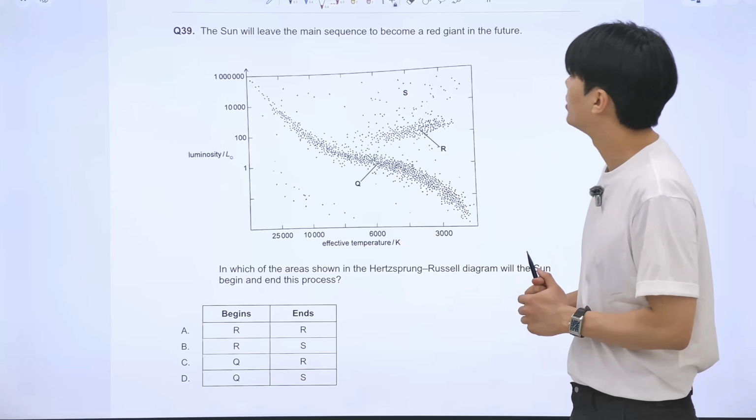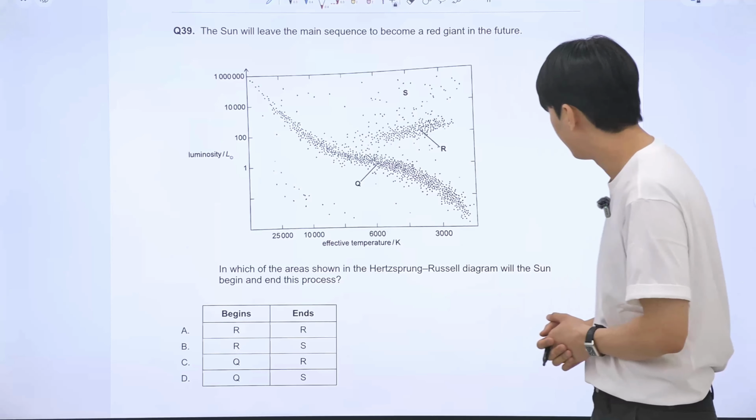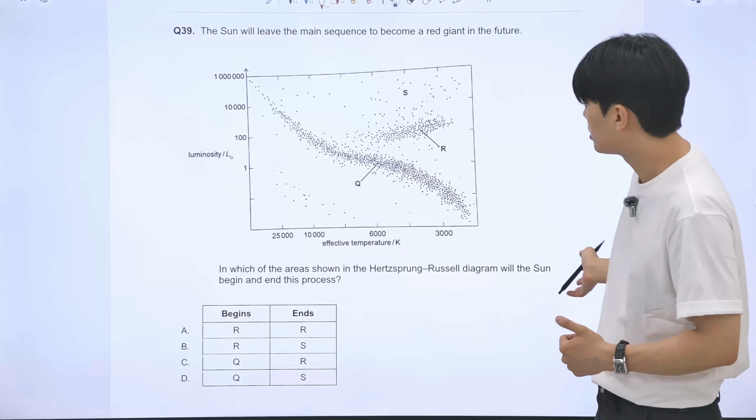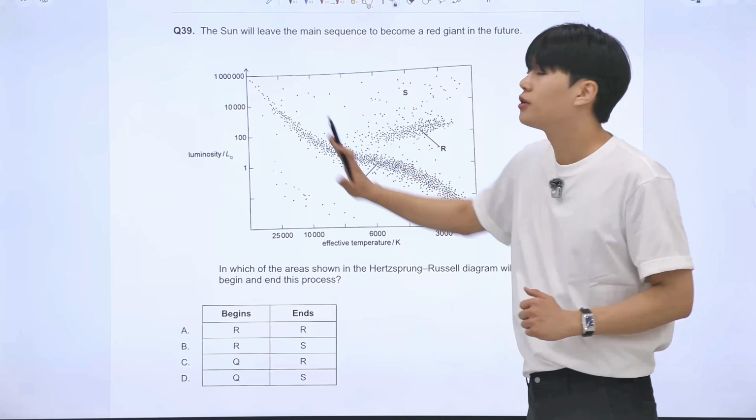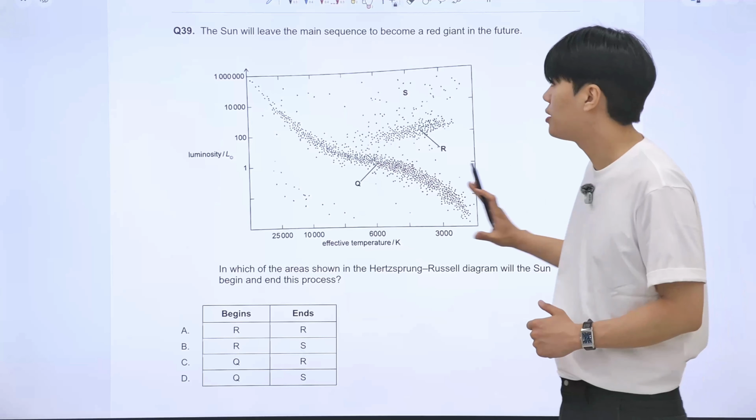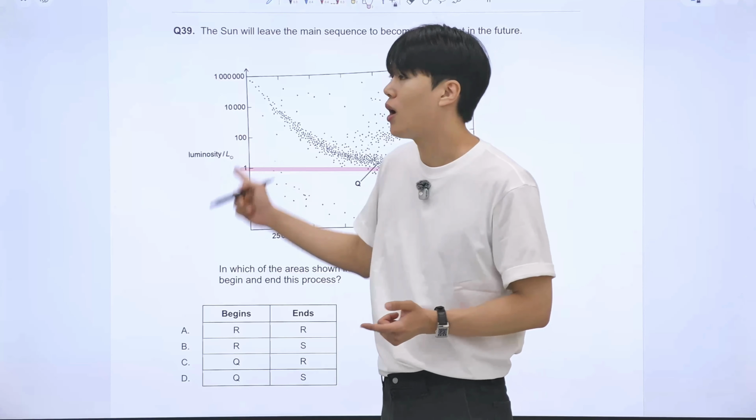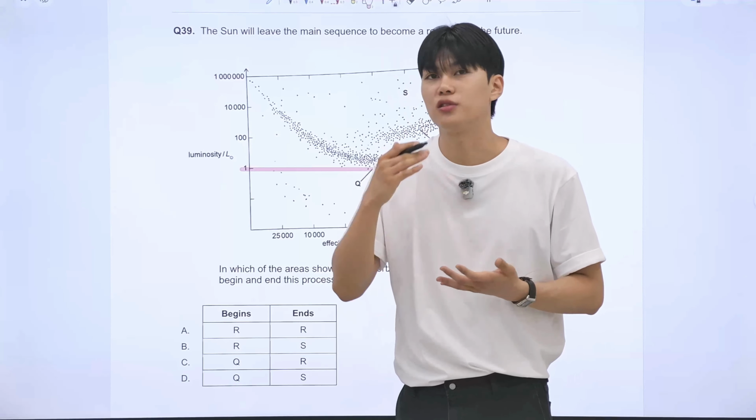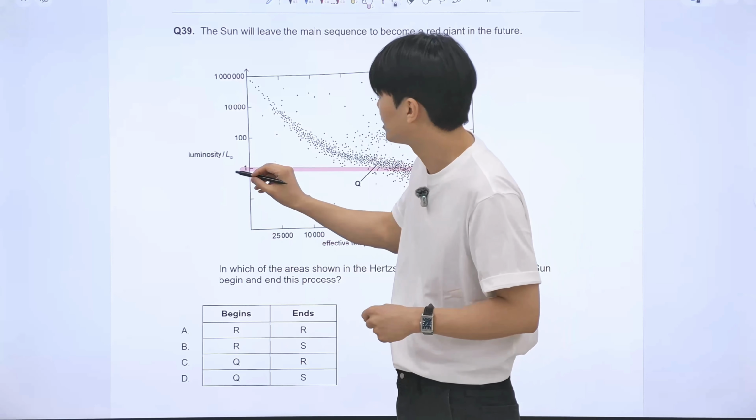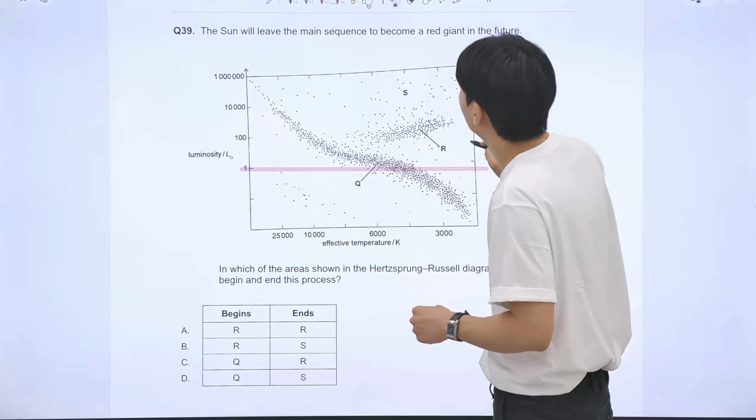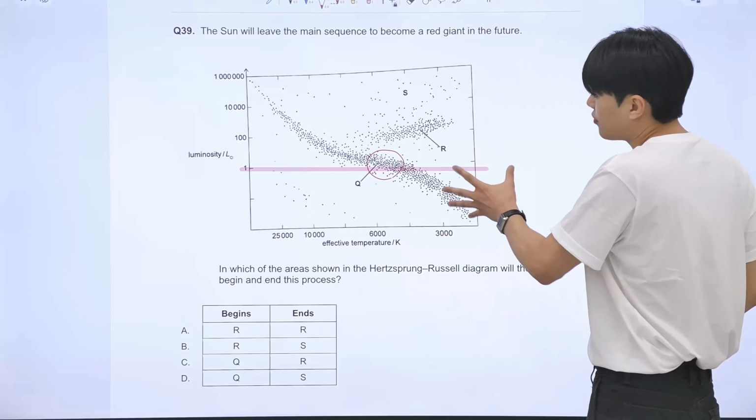Question 39, we have the HR diagram here, and they ask in this HR diagram, where the sun begins and ends with this process, right? So the sun goes from the main sequence, right? And the sun should be in this part here, like in this line, right? Because that y-axis measures the luminosity compared to the sun, and sun's luminosity divided by sun's luminosity must be 1. So the sun should be around here, which is around the Q, right? So it starts from the Q,